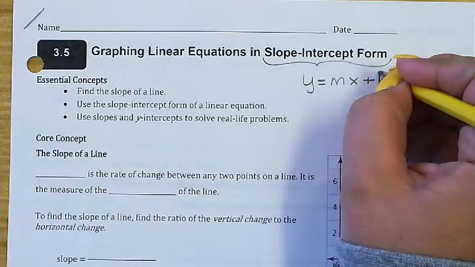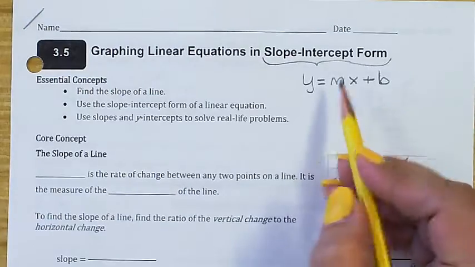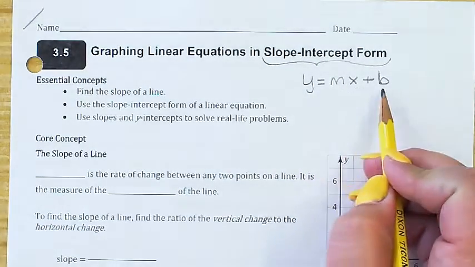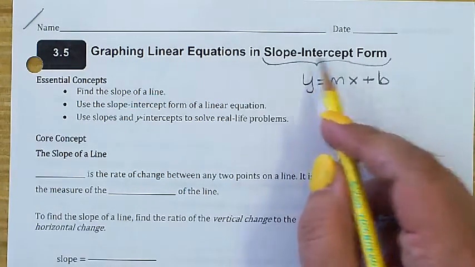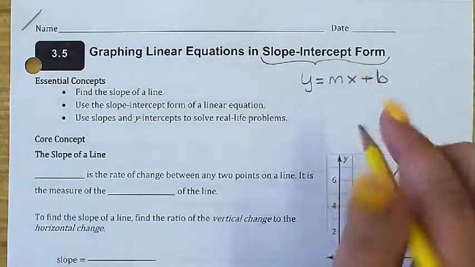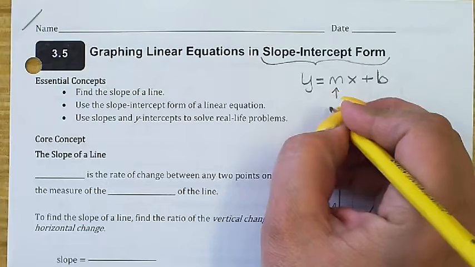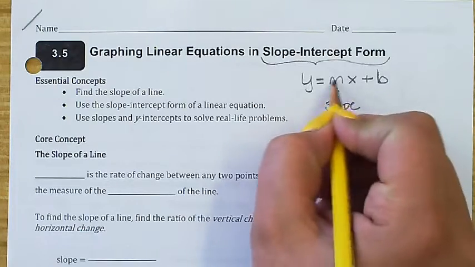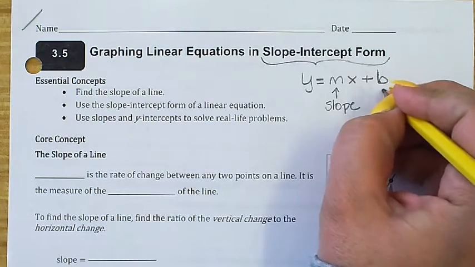I am certain if you went through 8th grade math as a pre-AP 7th grader, you know that one of the most common ways of writing a linear equation is that y equals mx plus b. So that's what we're referring to when we say slope-intercept. It's called slope-intercept because simply by looking at it just at a glance without us having to do any work, we can see right away what is the slope of the line. That's always that coefficient that is attached to the variable x. And it also tells us what is the